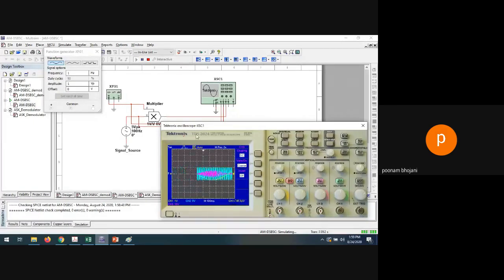Actually, it is of very low frequency, so let me increase it somewhat so that you can see it more properly. Let me write 10 hertz instead of 1 hertz. Okay. And let me set the positions of all the signals. See, first is the message signal of 10 hertz. Second is the carrier signal of 100 hertz.